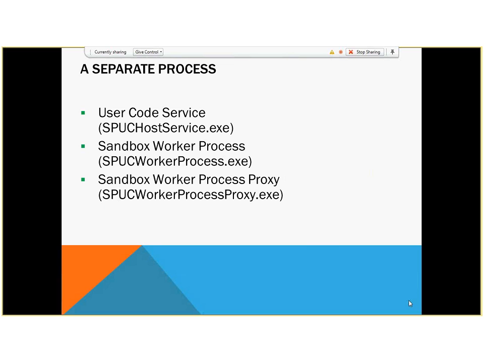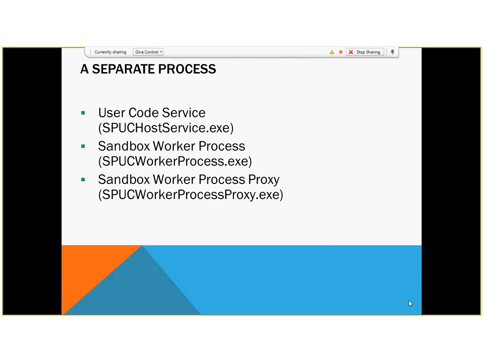So while installing it, the administrator has the flexibility of choosing where they want to install. Typically, administrators prefer to install this SPUC host service process on an application server or a middle tier